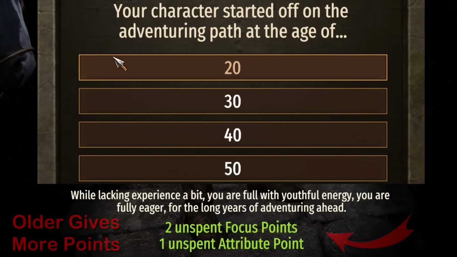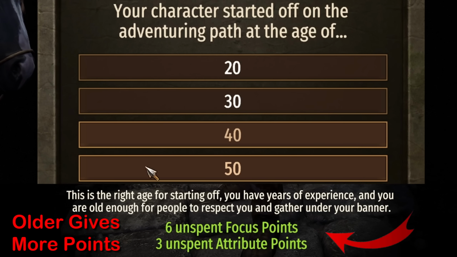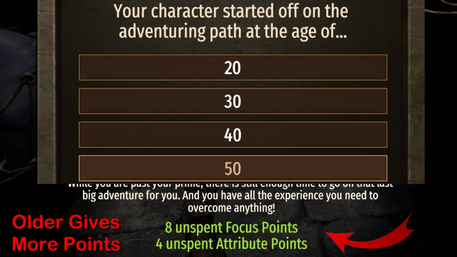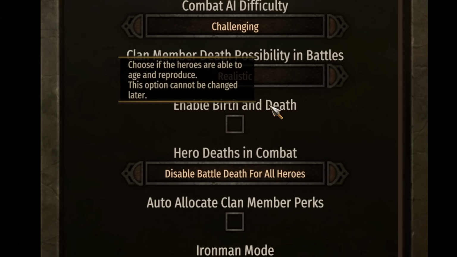There's an option to select how old we want our character to start, with older options giving more attribute and focus points to spend. The downside is making an older character means we have less time to use this character, as Father Time will eventually catch up and we will die of old age. There is one way around this, and one of my favorite ways to play. We can disable birth and death, take advantage of all the extra points, and not have to worry about dying